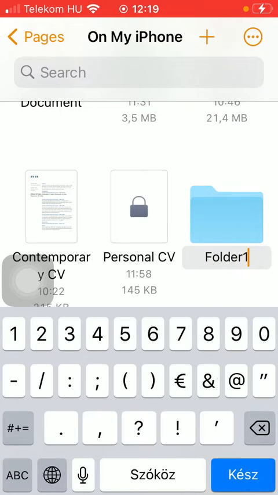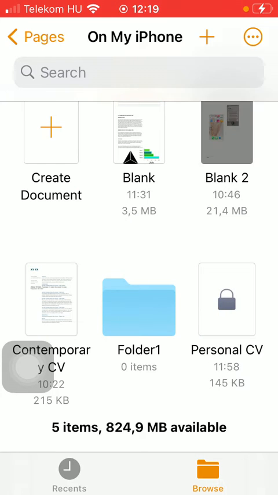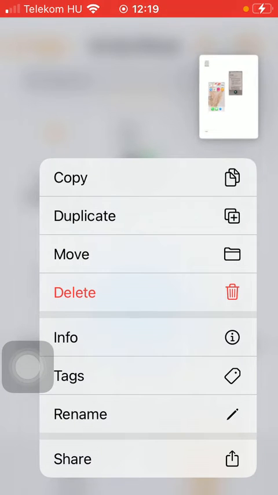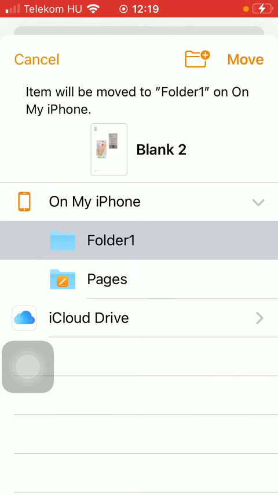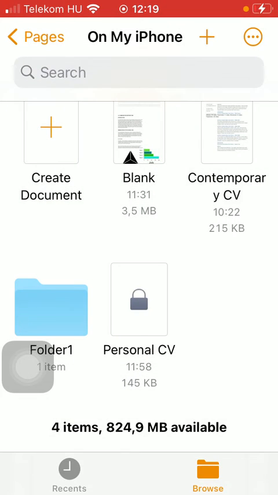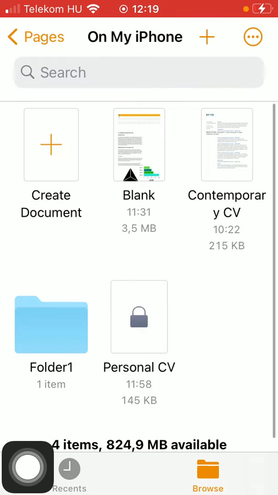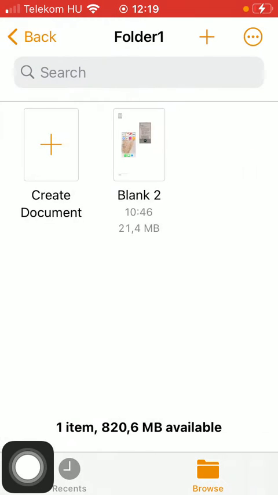the name of it, and if you want to add the document to it, tap on the move button and select the folder that you have just created, and then click on the move button in the upper right corner of the screen. So now, as you can see, if you tap on the folder, that this particular document has